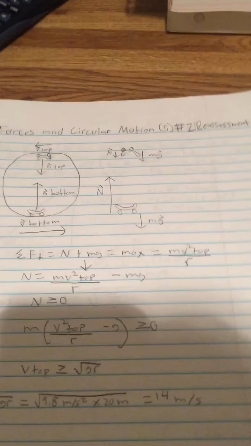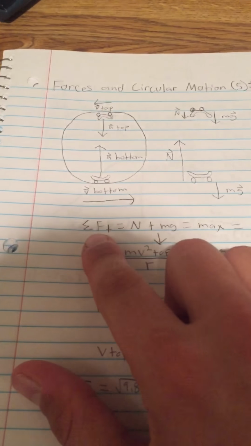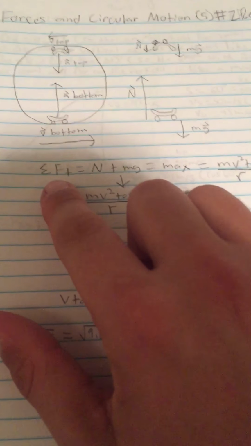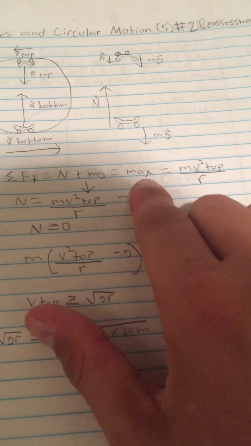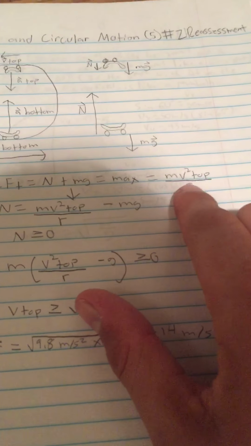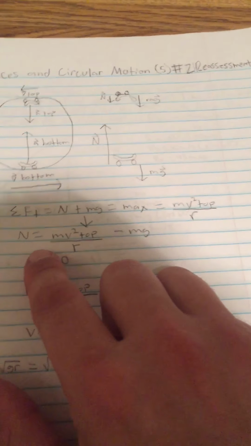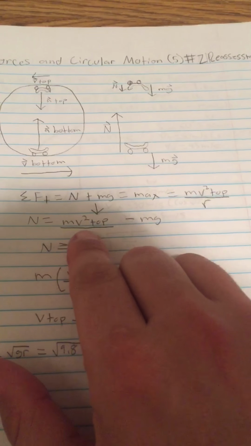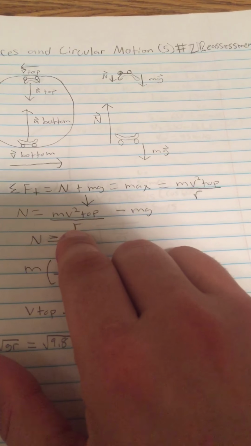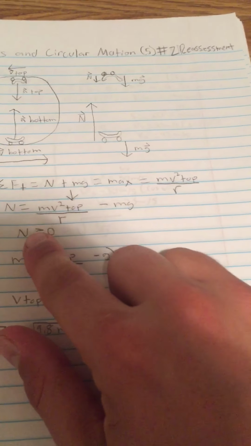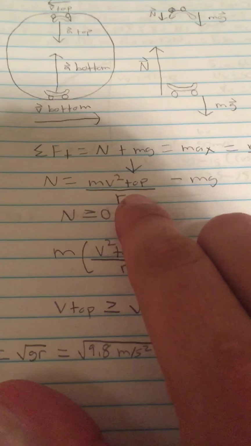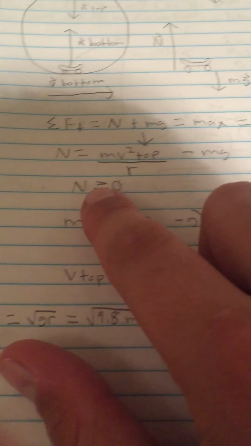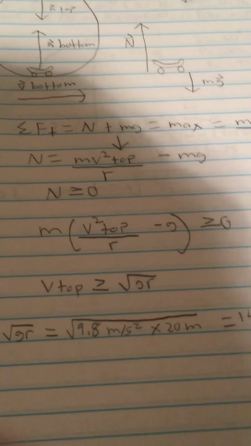So what we use is Newton's second law to continue to solve this. The sum of the forces at the top is equal to N plus mg, which is equal to ma sub x, which is equal to m v squared top divided by the radius. And I manipulate it to read N is equal to m v squared top divided by the radius minus mg. V top stands for the speed at the top, actually,